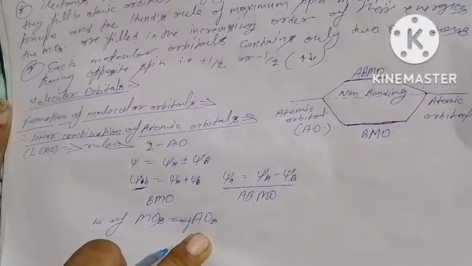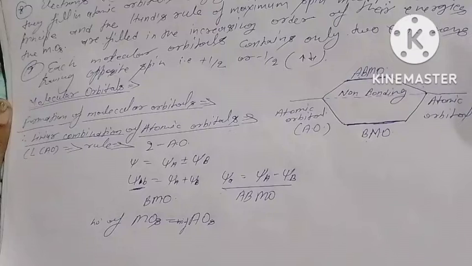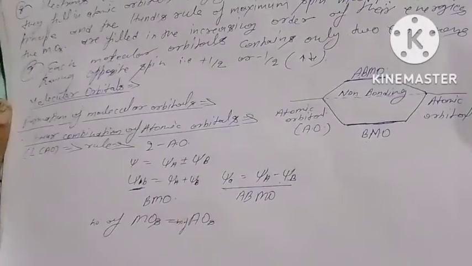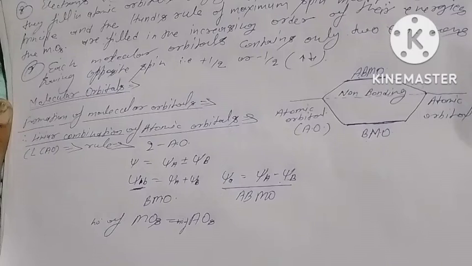The positive sign indicates that psi B is formed when atomic orbitals of the same sign overlap with each other in bonding molecular orbitals. The two atomic orbitals have been added. The negative sign indicates that psi A is formed when atomic orbitals with opposite sign overlap. Here the two atomic orbitals have been subtracted. Thus, according to wave mechanics,